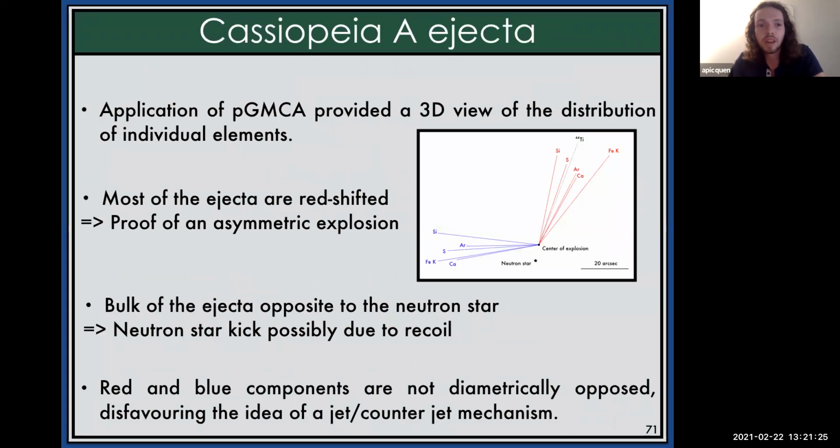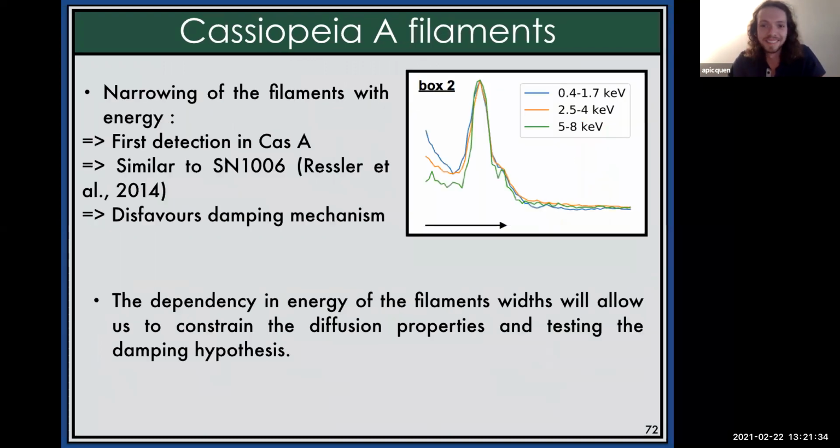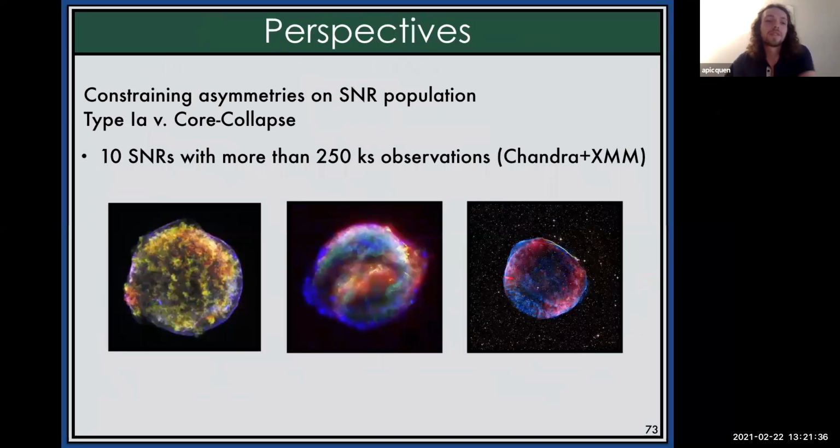As for the Cassiopeia A ejecta, there are lots of interesting results that are presented in my second paper that I will not detail, but they exist. And as for the perspectives,